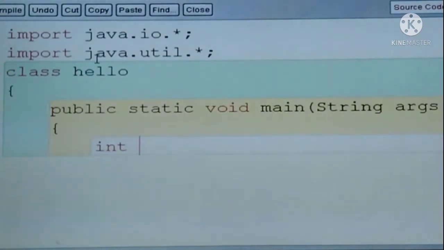Now int x, y, i, flag, initialize it with 0.